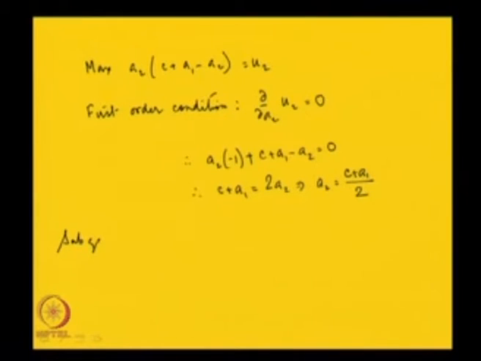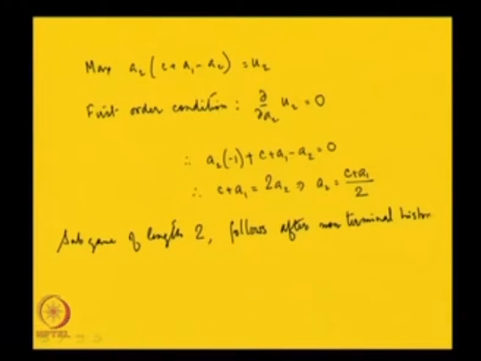So, subgame of length 2, this follows after non-terminal history phi, and the first player is the player who moves here. So, one has to choose his optimal action given this. So, one maximizes